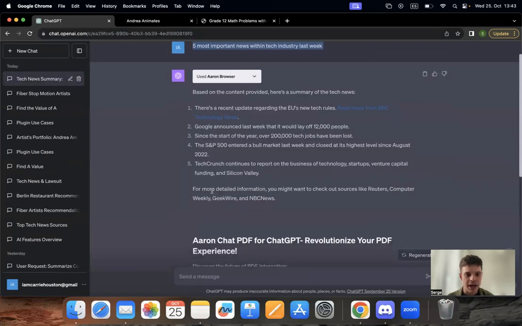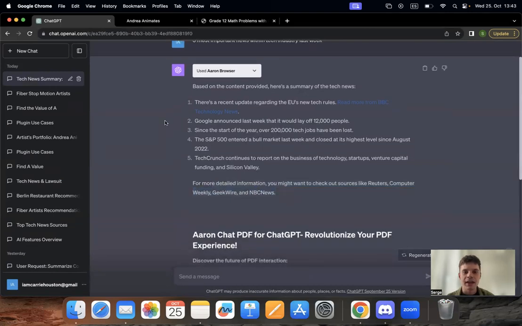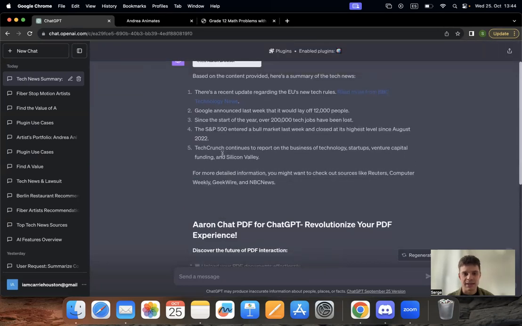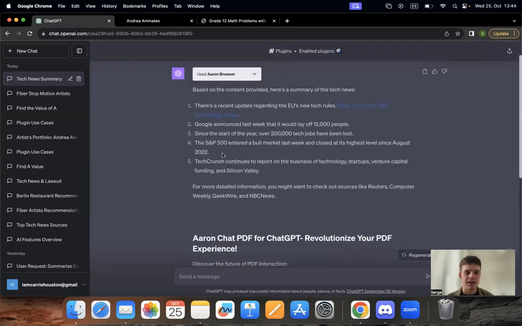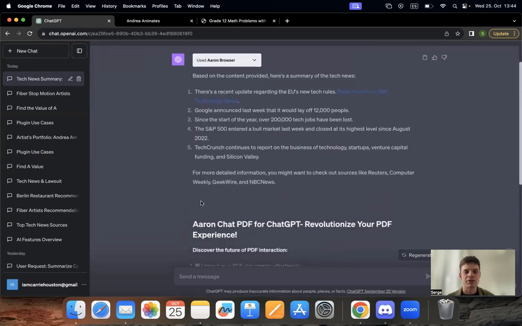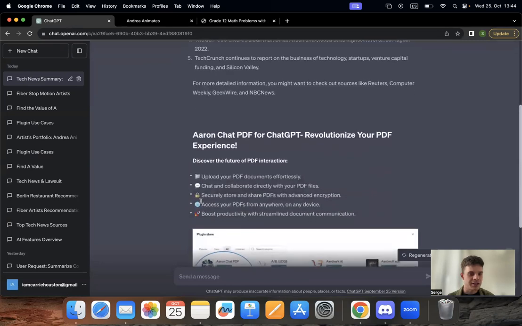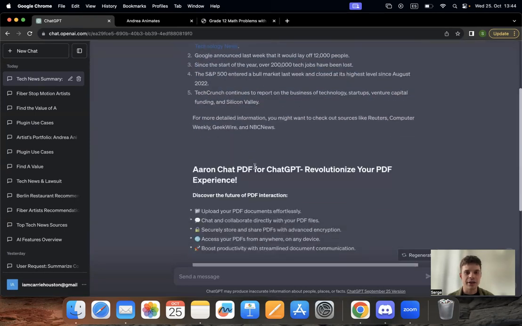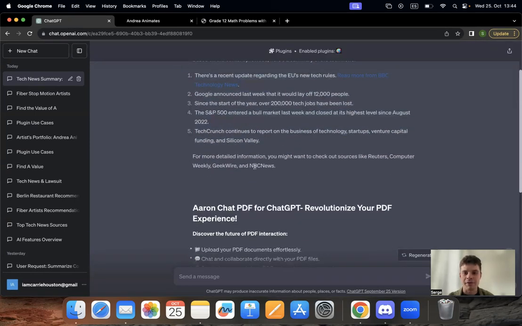overview, what happened, and where you can find more detailed information that can be also useful for content creators or small businesses that try to create content for their web pages and they need an overview, for example, in this case, tech industry or fashion industry or something else. This content is pretty viral nowadays, so you don't need to conduct all the research by yourself, but you can just ask the ChatGPT plugin to make sure that you're up to date with everything which is going on